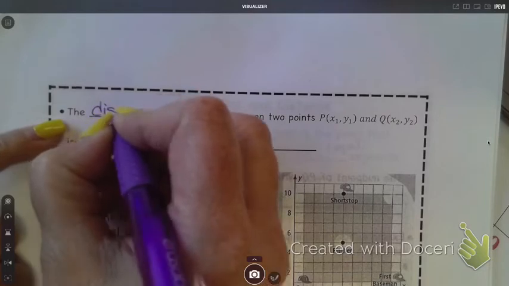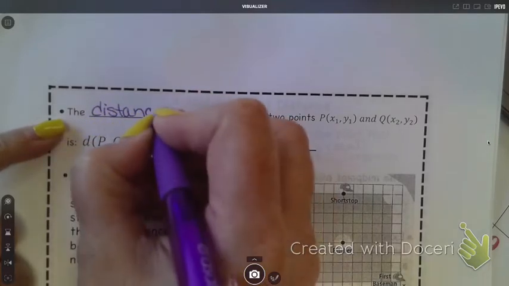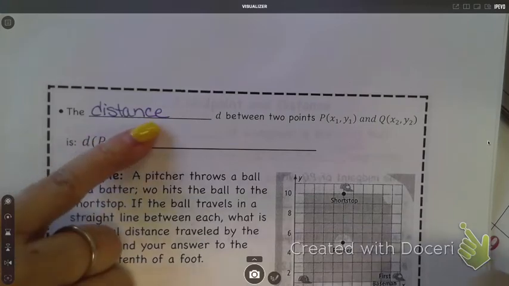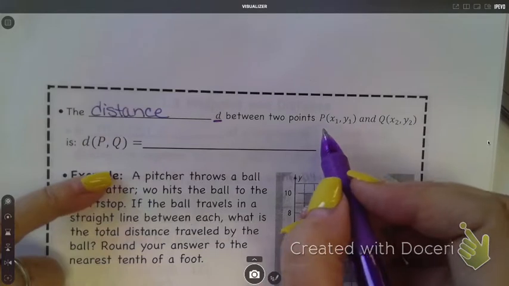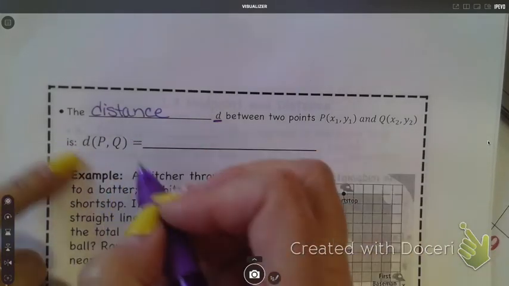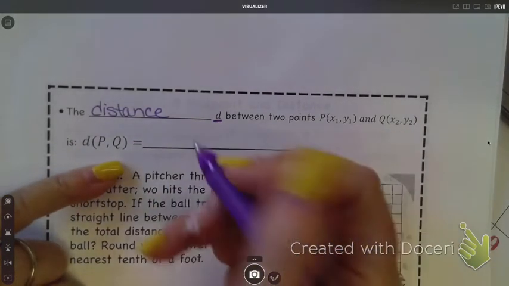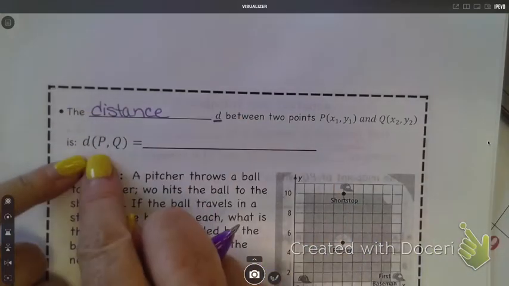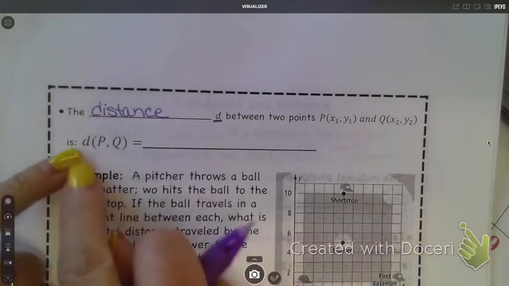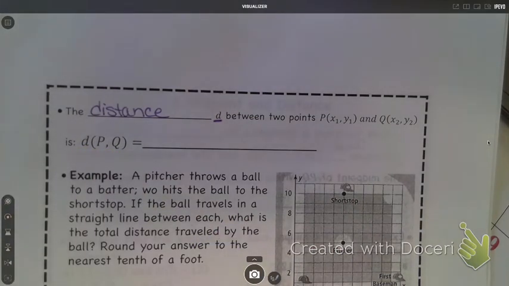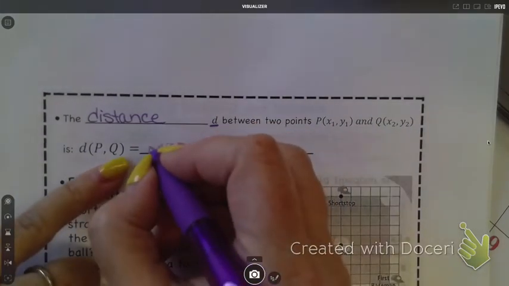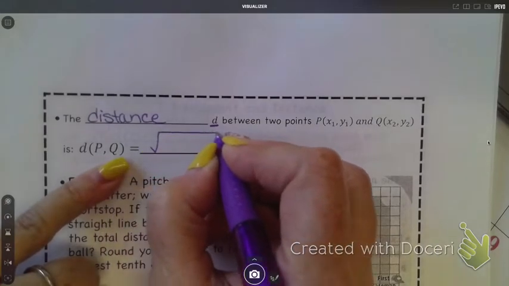Okay, the distance D, that's how we label distance, between two points P and Q is, now we're going to write a formula. This is distance. So we write it as D of PQ. That means the distance from point P to point Q. That's how we write this. So we have the big square root